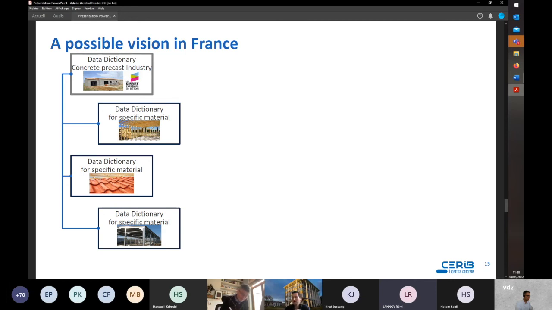We have other initiatives in other material sectors in France to create a data dictionary for specific materials: wood, as has been done in Switzerland, but in France it's a project too; terre cuite, for brick or ceramics; construction ceramics; and metallic construction.